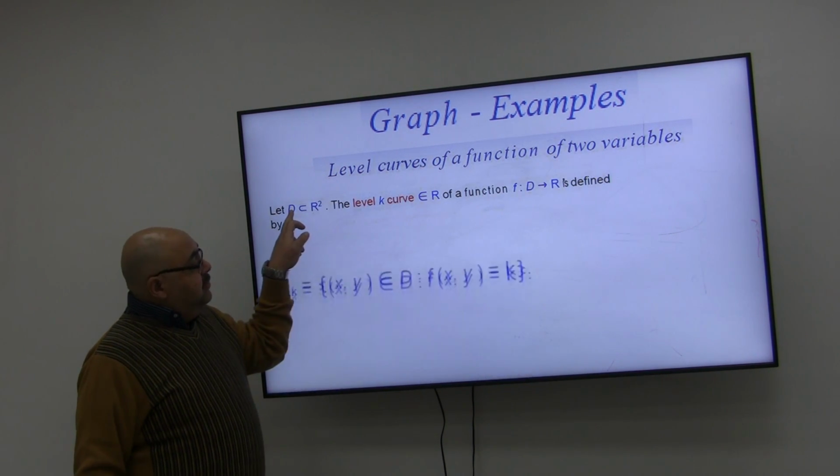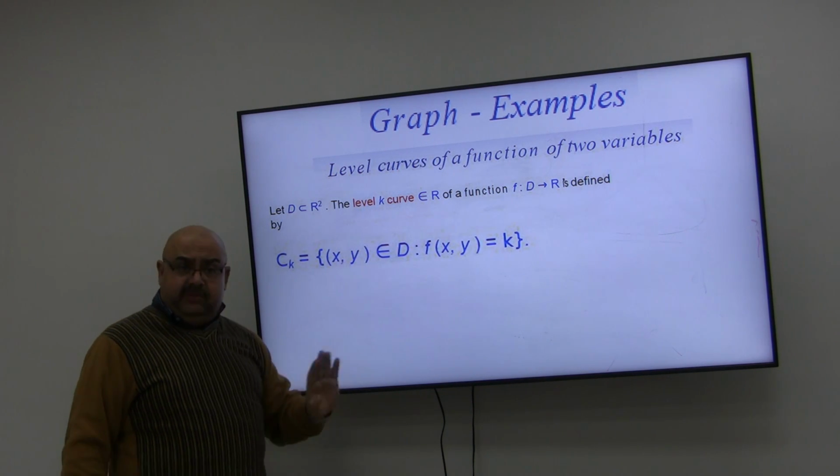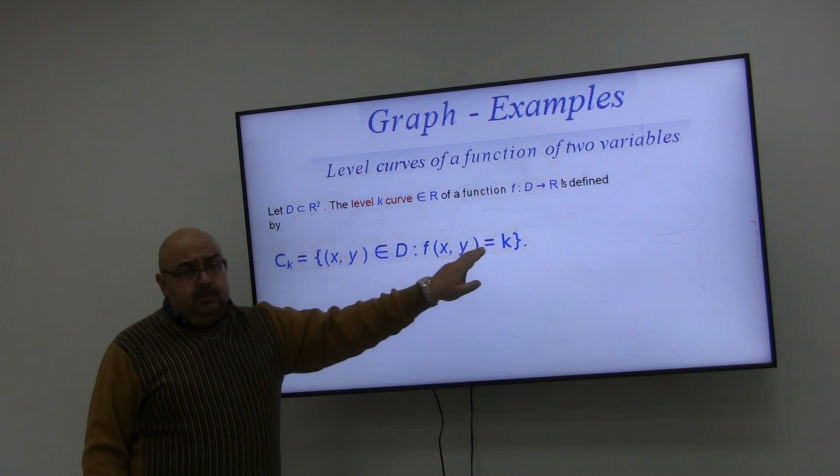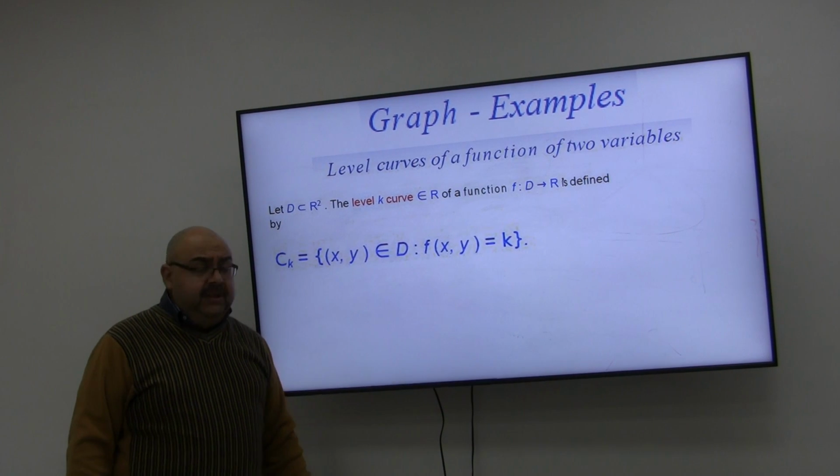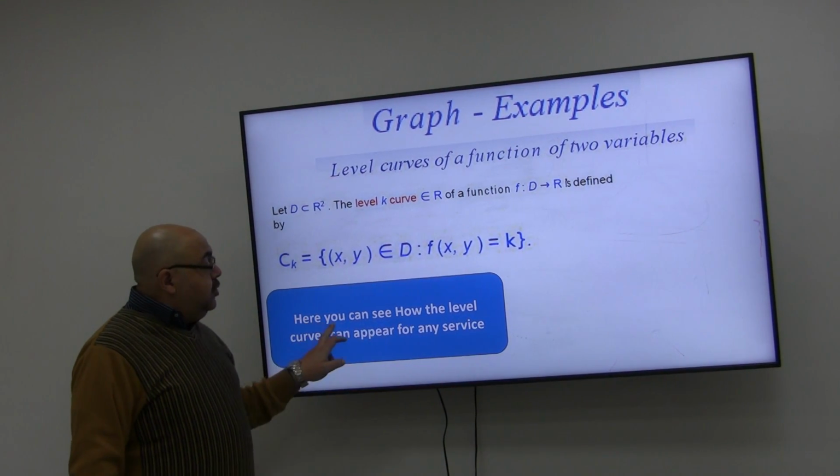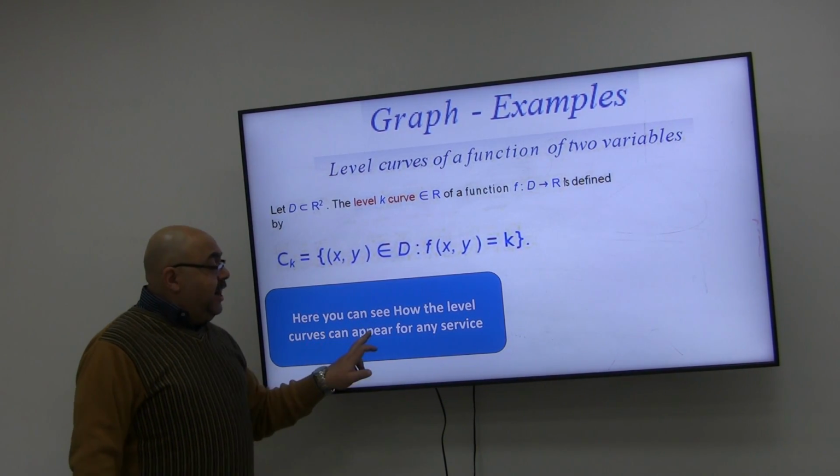Those are the level curves. This is the idea. All we have to do is take the equation and set it equal to the number at which you want to evaluate your level curve. So here you can see how the level curves can appear for any